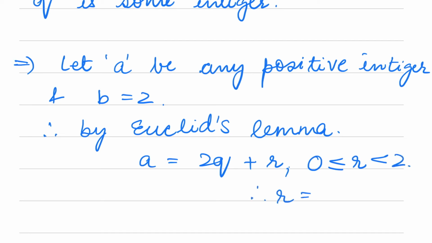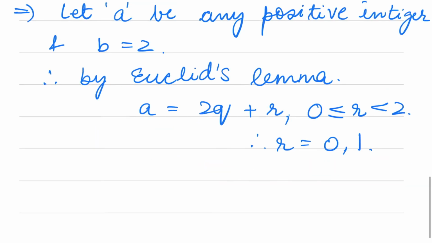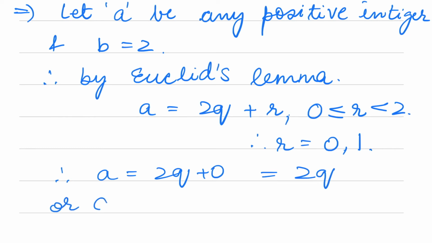Therefore, r is equal to 0 or 1. So therefore, a is equal to 2q plus 0 is equal to 2q, or a is equal to 2q plus